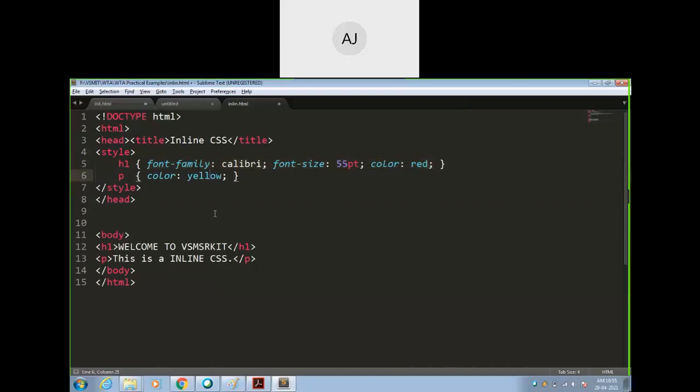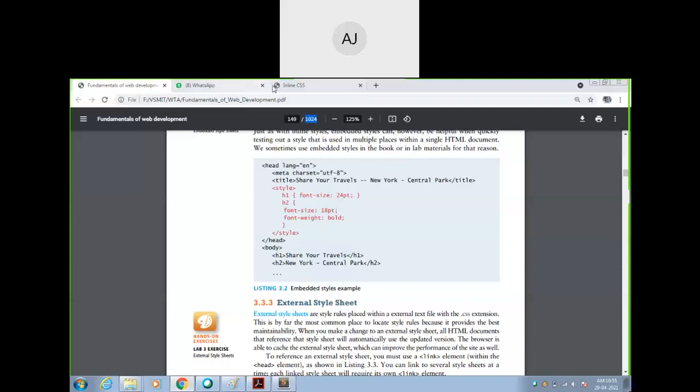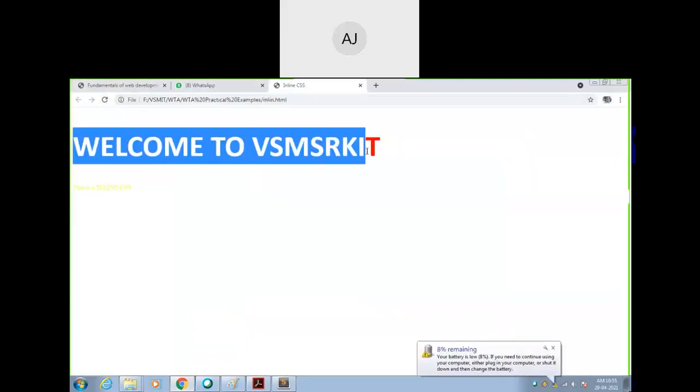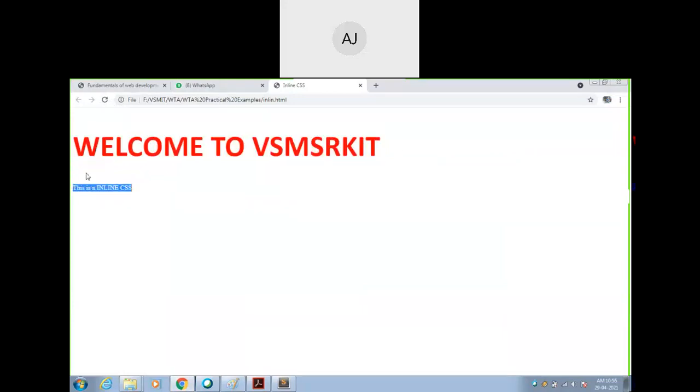Okay. Now let us save this and run this application. Yes. So welcome to VSM SRK IT. Okay, sorry. Now you can see here, this is yellow color and this is a red color.